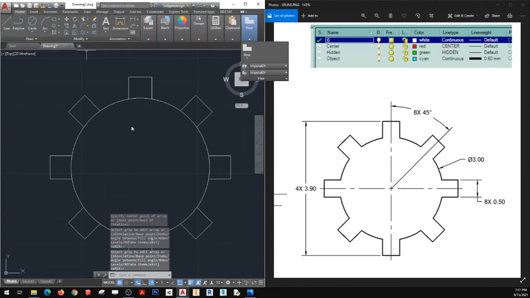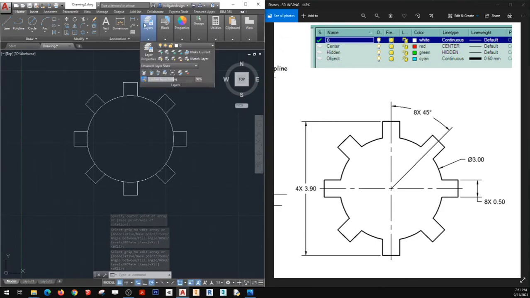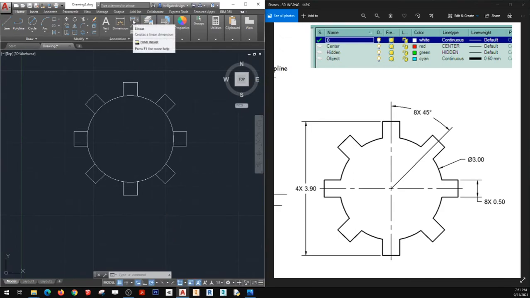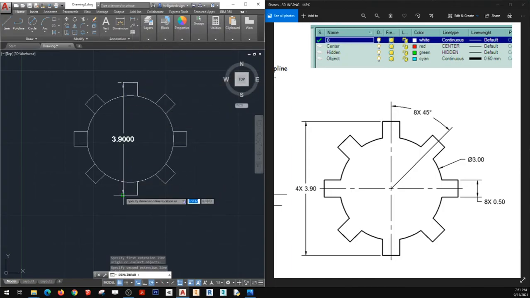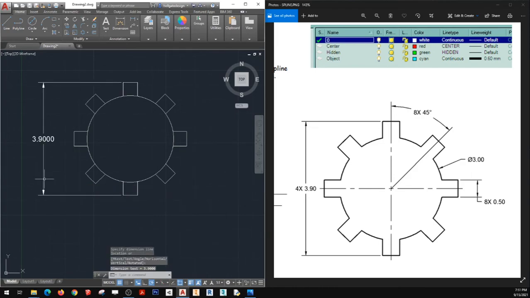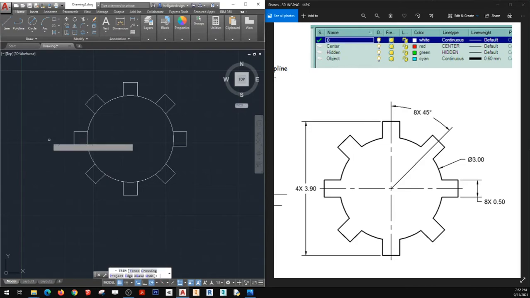and then what I want to do is check my math to see if I'm correct. So I'm going to go up here to my linear dimension tool, I'm going to activate that, and then I'm going to click these 2 corners and make sure that they say 3.9, which they do. So we're all set. I'm going to delete that, and then I'm going to start trimming. So I TR enter, enter to bring up my trim command, and then I go to click, and that looks good. I go to click, that looks good. I go to click, that looks good, and I can start trimming